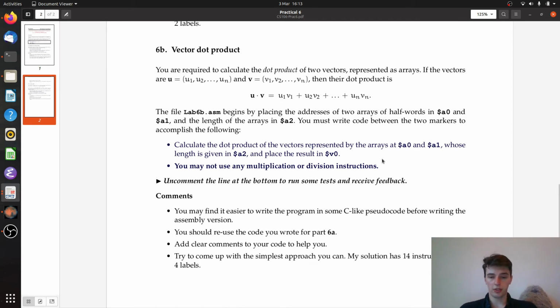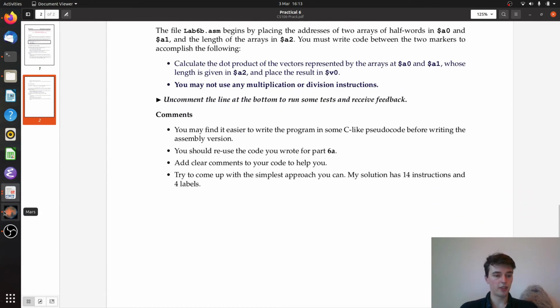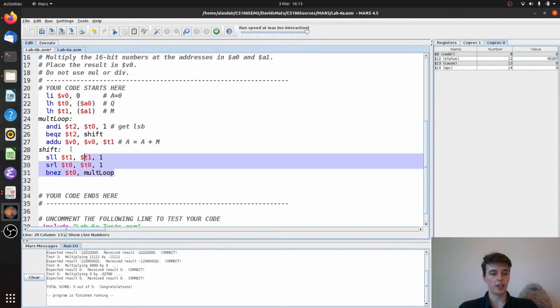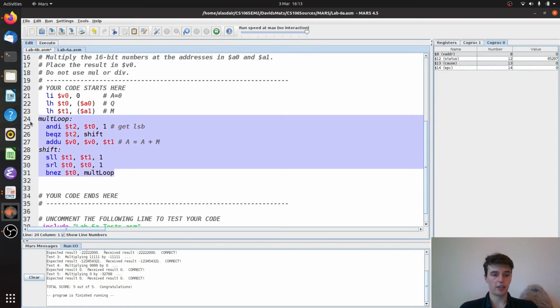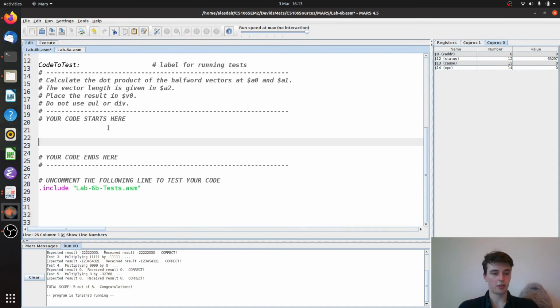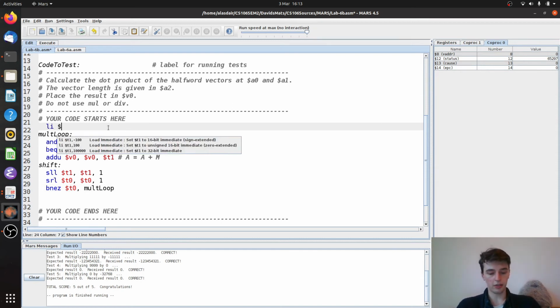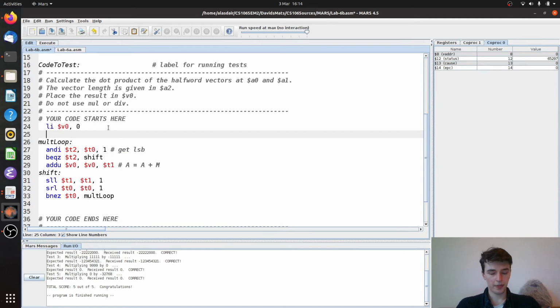We're also told we're not allowed to use any multiplication or division instructions, and that length is given in A2. So what we want to do immediately is copy this, because this is multiplication. We want to be able to multiply, and we're not allowed to use mult, so let's use this instead. Then right off the bat I load into v0 the value of 0, and then I'm going to start an initialization loop. So init loop,